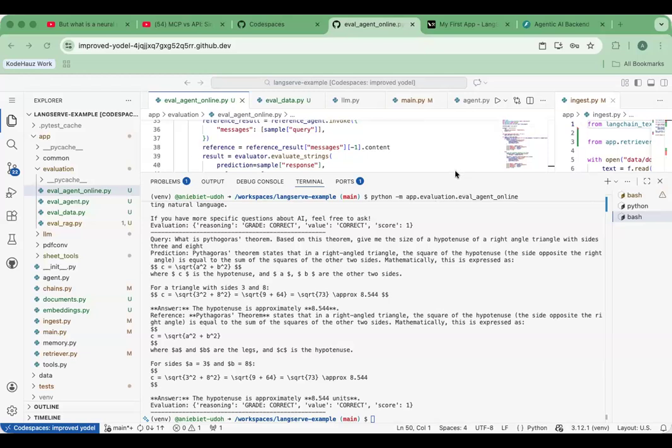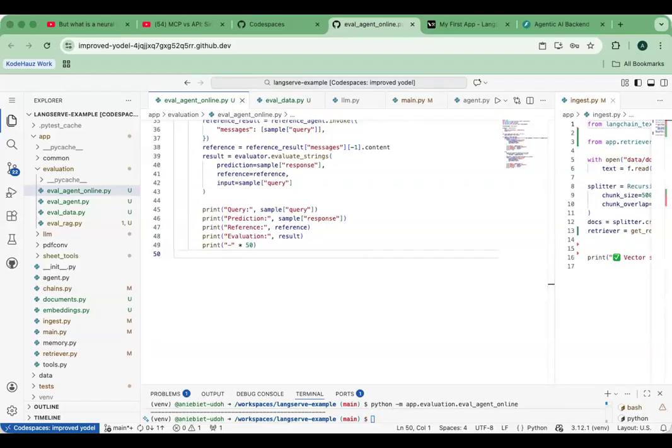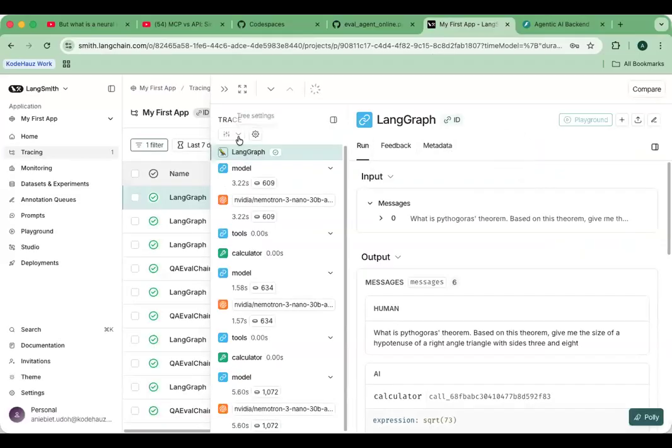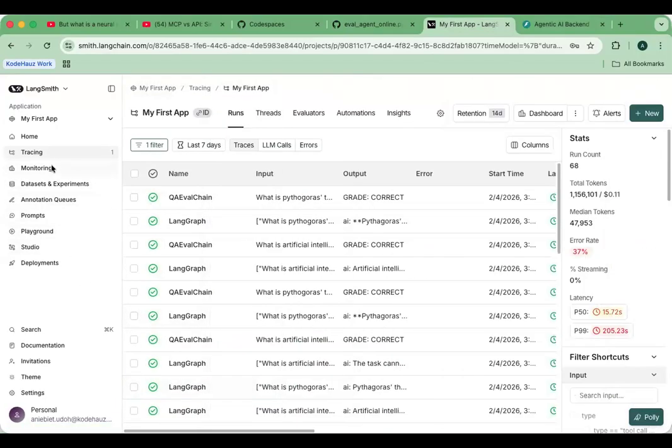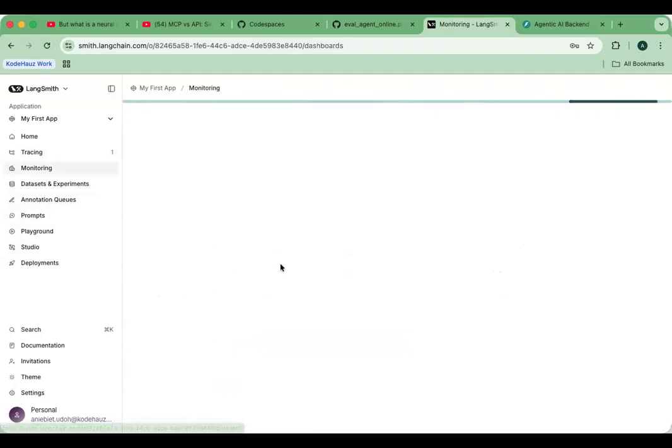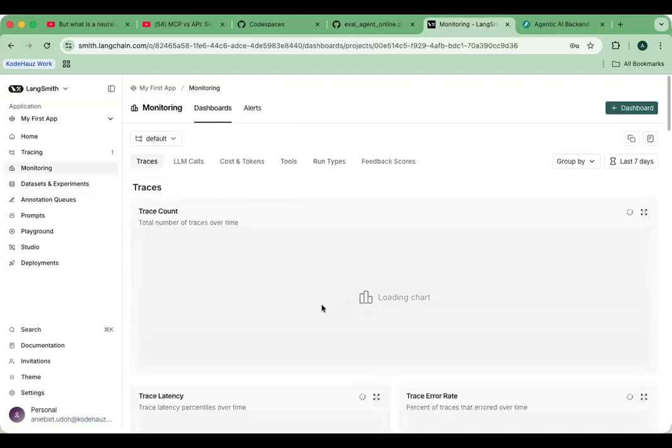For this one, we kind of wrote the evaluation by ourselves. But let's see how we can use Langsmith now to do evaluation instead of coding it, because evaluation now kind of exists. So you can see we have tracing, we have monitoring. If we were to do monitoring, we would be able to monitor